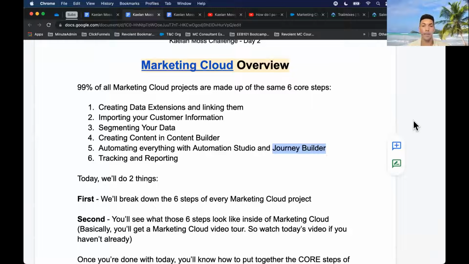If you want to segment your data and you always have new data coming into Marketing Cloud, you want to segment that out and push it out to the right locations, you can do that with Automation Studio. Automation Studio is the beast that allows you to segment all of your data into the right locations with SQL query activities and data filter activities.